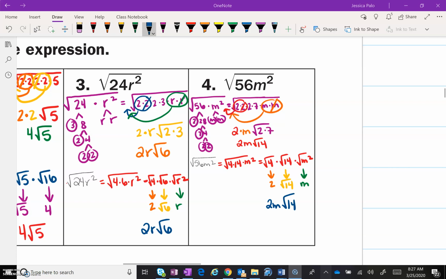Number 4, using prime factorization, we get radical 2 times 2 times 2 times 7 times m times m. There is a pair of 2's. There is a pair of m's. Bring one of each out of the radical, and you are left with 2m radical 14. Or use perfect